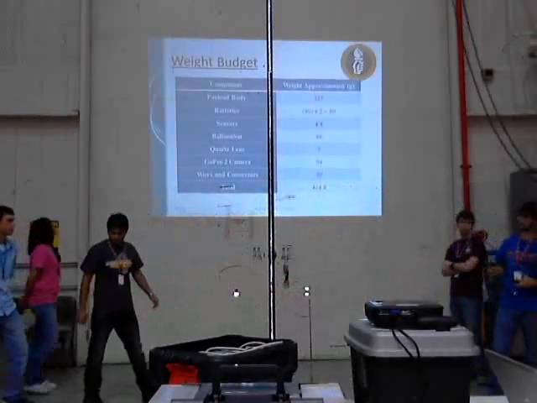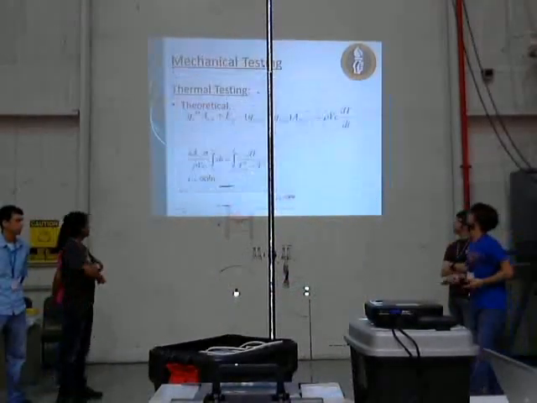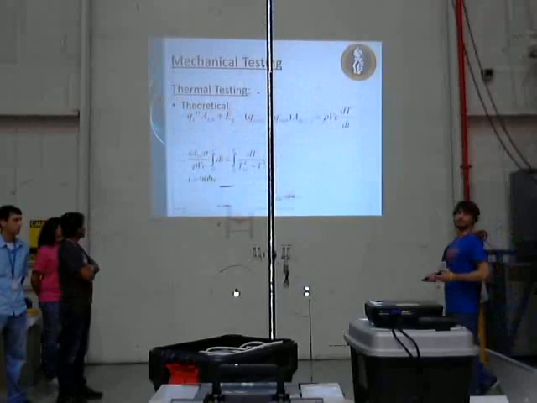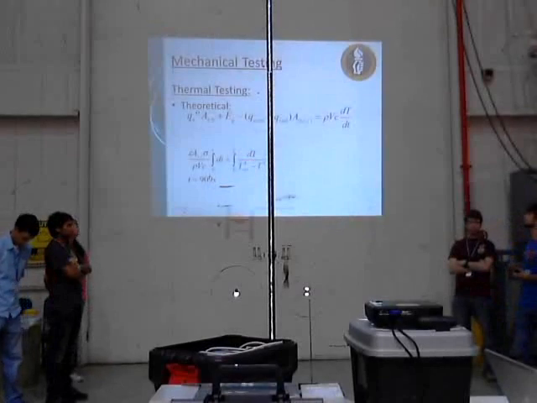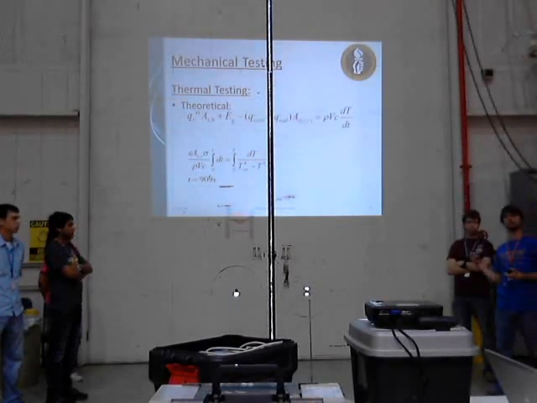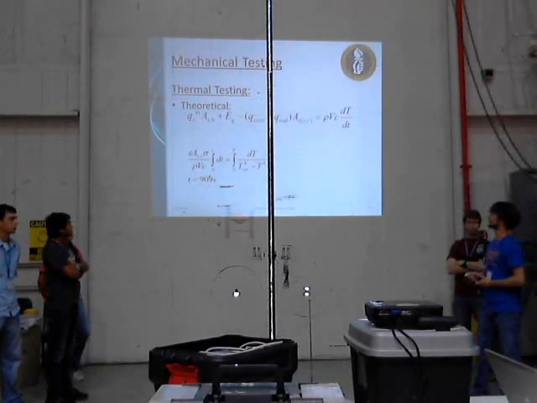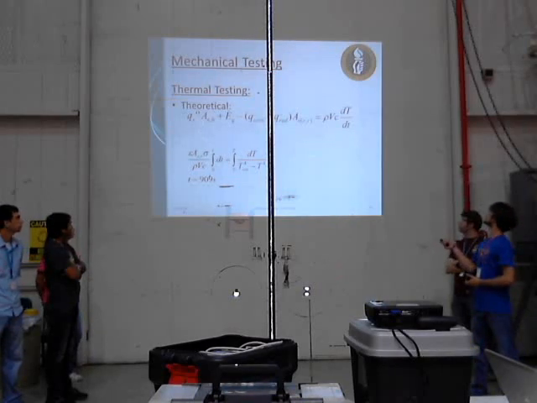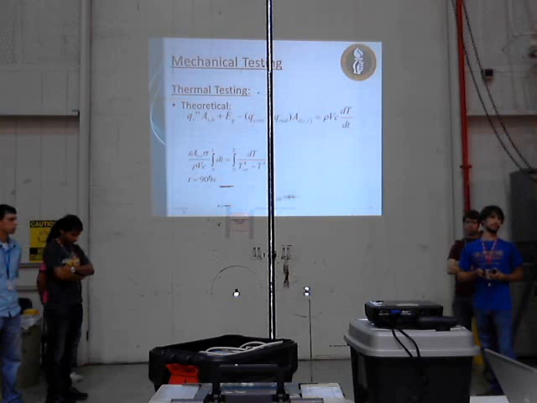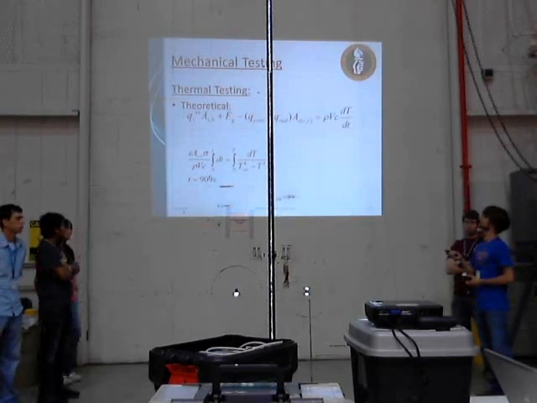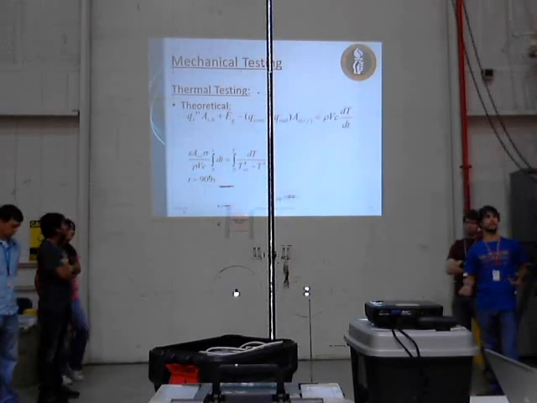Alright, to make sure that everything worked, we of course had to do a couple of tests on the mechanical portion. The first thing I did, to make sure the material we decided to use was appropriate, was some rough hand calculations. This right here is the equation for lumped capacity for unsteady state heat transfer, and this cannot be directly integrated in order to get an exact answer.